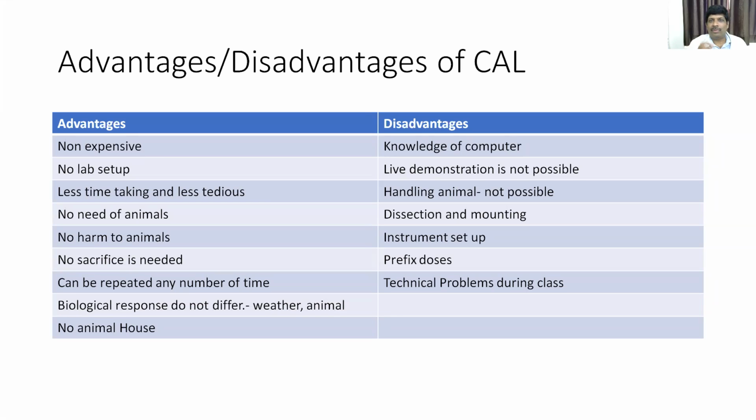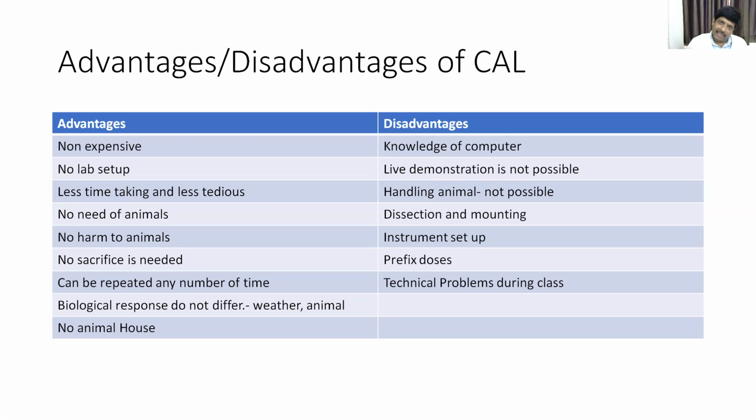This is software. One program is fixed there. If you take the first dog or if you take the 10th dog, it's one and the same. You will get the same result. But in a lab setup, if you do an experiment on a dog who is well fed, well built, and a dog which is not well fed and has many comorbidities, you will get a different result. That difference you will not be able to find here.